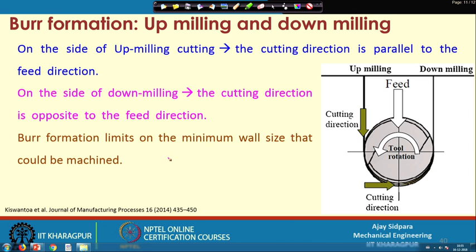So, if you want to cut any channel with some thickness, at that time you have to understand what is the size of the milling cutter you are using and what is the minimum size you can cut without bending this particular wall, which has a very low wall thickness,